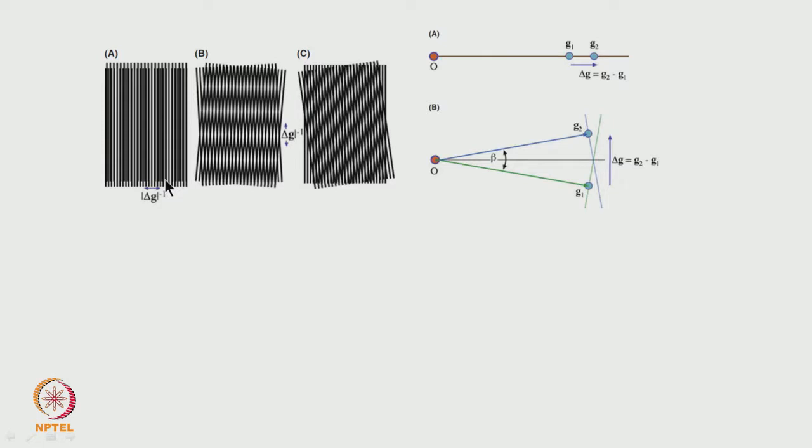What has been done here is only lines with two different spacings have been drawn. And if you look at it, starting from here it has all been lines with two different spacings. When we look with our eye, it appears as a fringe pattern, nothing else. You can draw lines on a piece of paper and look at it, you will observe this. You just superimpose one on top of the other, and you will get this pattern.